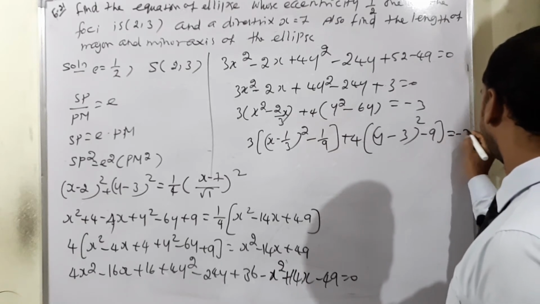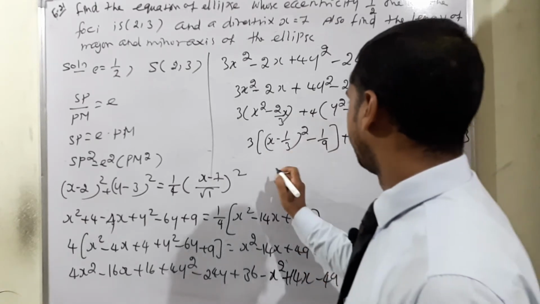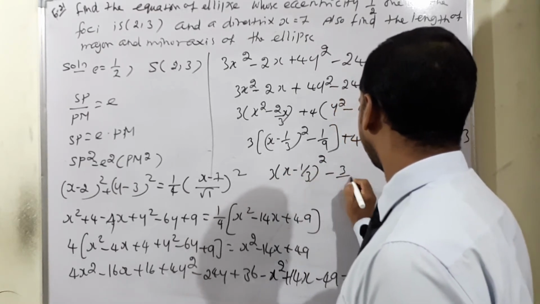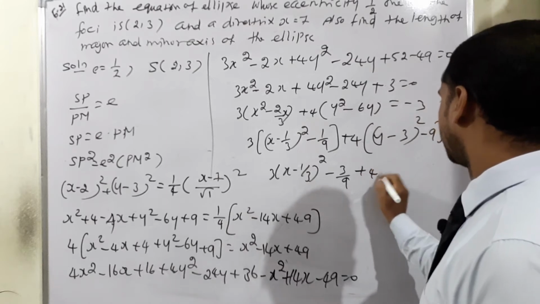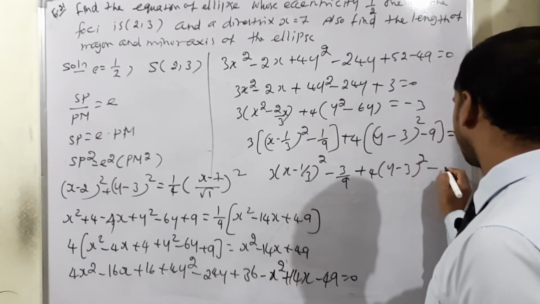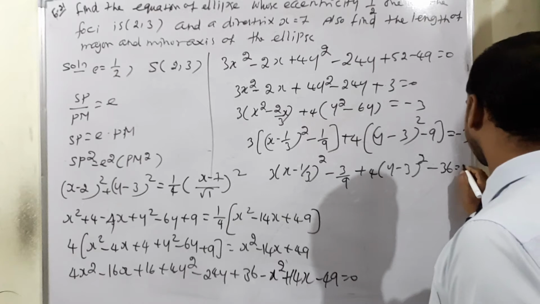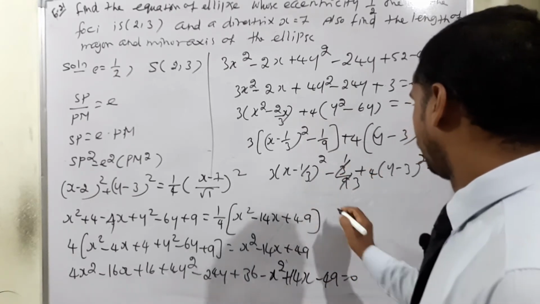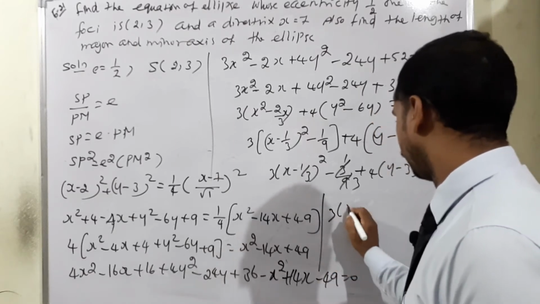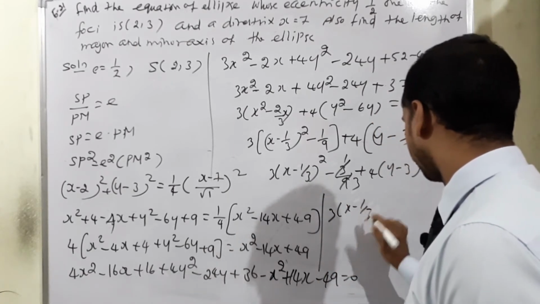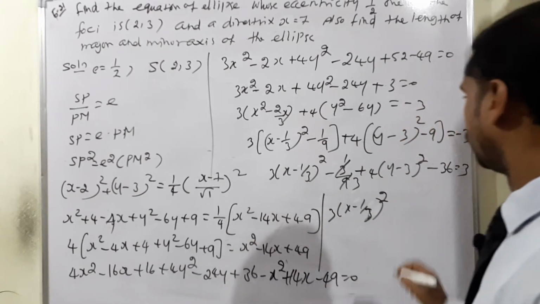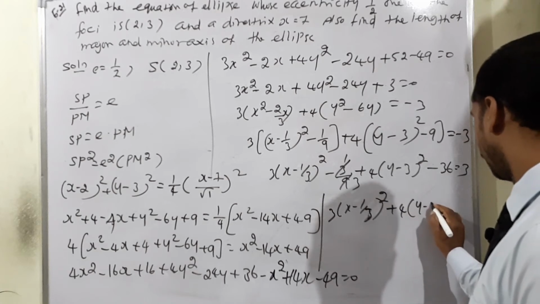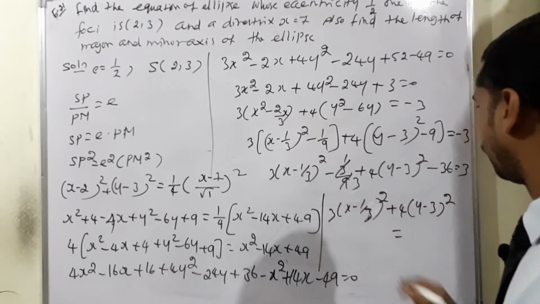is equal to minus 3. Again each and every time into 3 means 3 into (x minus 1 by 3) the whole square minus 3 by 9. Again plus 4 into (y minus 3) the whole square, minus 9 into 4 means minus 36, is equal to 3. Now 3 and 9 cancel, means 1 by 3. Therefore 3 into (x minus 1 by 3) the whole square, then plus 4 into (y minus 3) the whole square is equal to minus